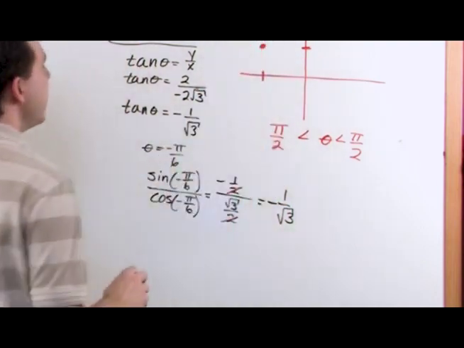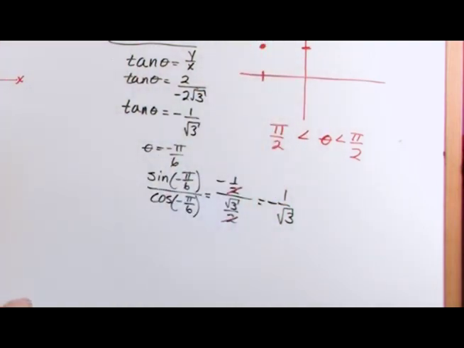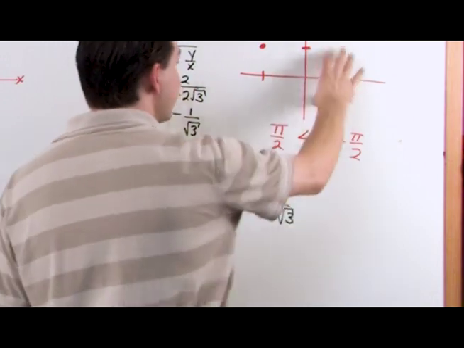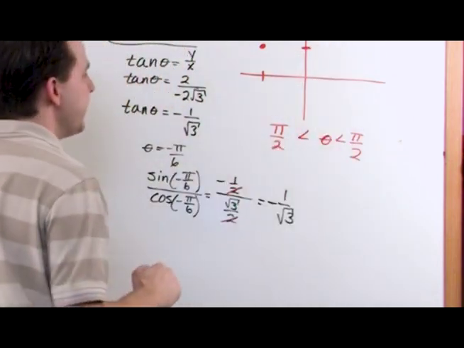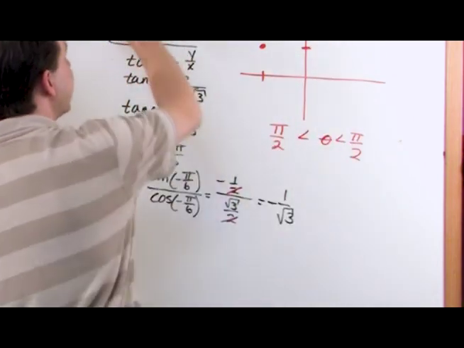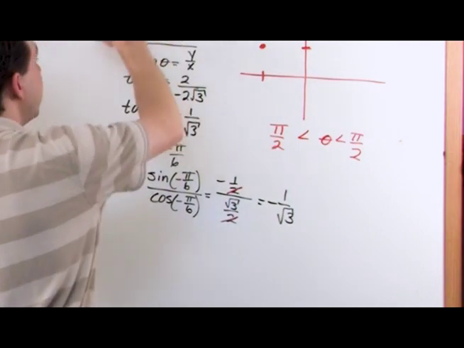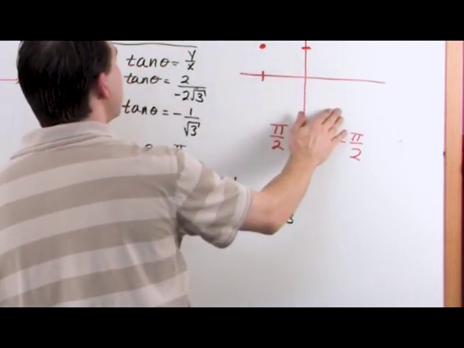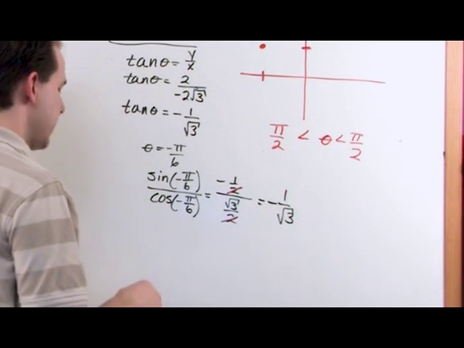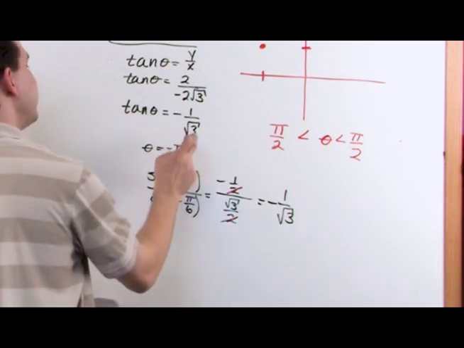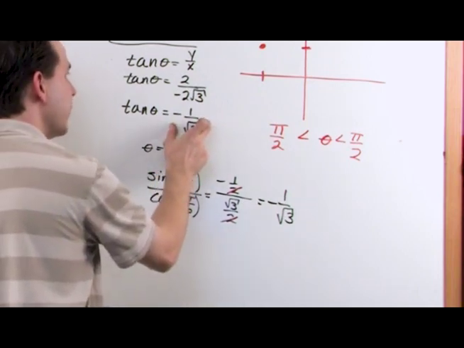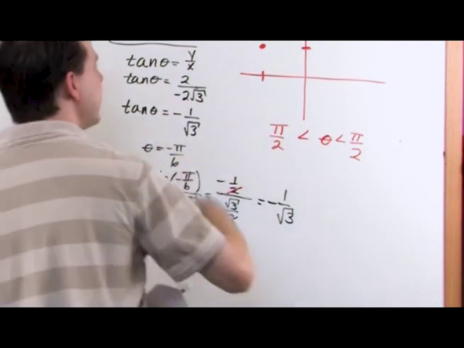It lies way up here. So if you calculate an angle, or dump it in your calculator, you're going to get an angle in one of these quadrants. If you know by looking at the point, and you should always look at the point, that the actual point is in the opposite quadrant, all you have to do is take the angle you found, which does give you the right tangent, by the way, and just add pi radians